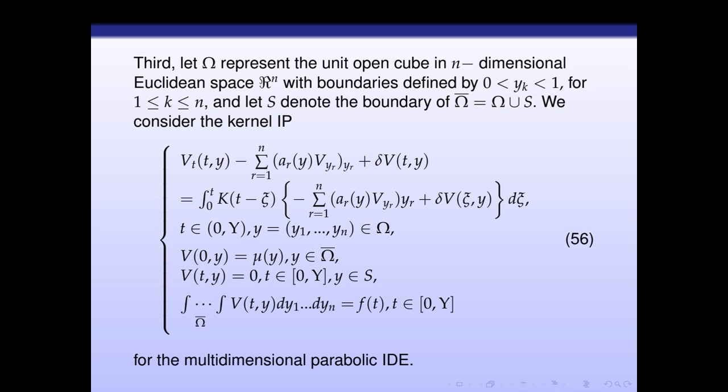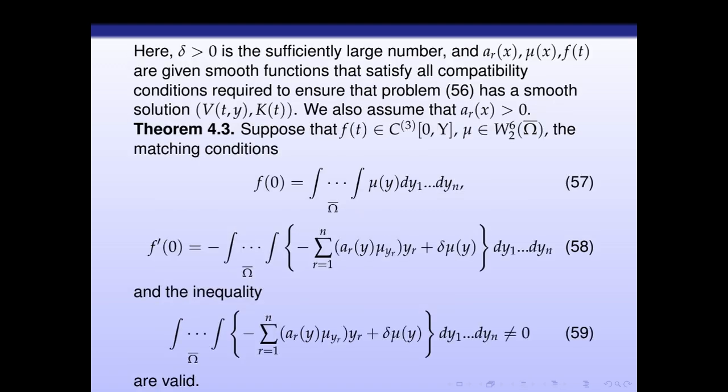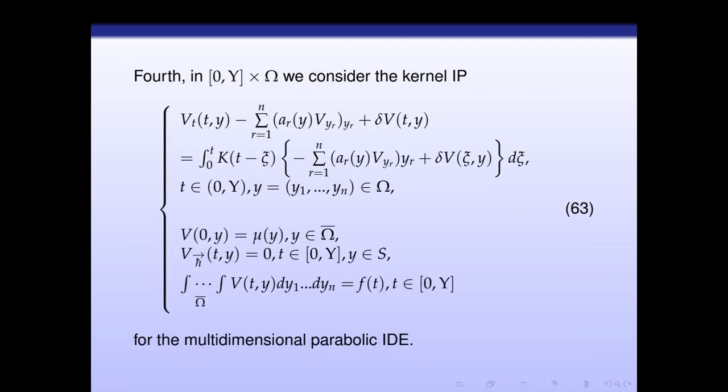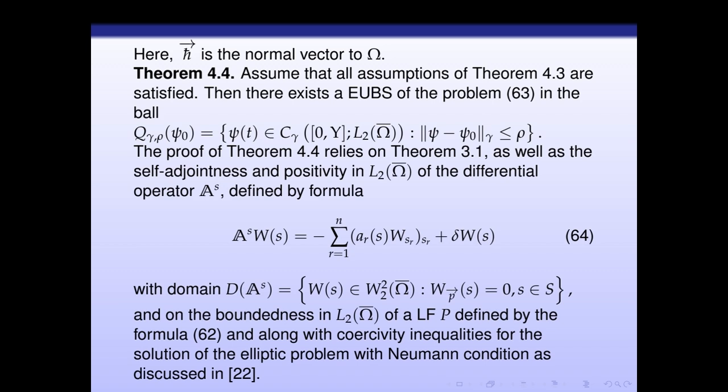First is the multidimensional parabolic integral differential equation. So a similar theorem we have also for this problem. Here only one more thing about the multidimensional case. We need a sharp estimate for the solution of the elliptic problem. And the last problem is also multidimensional, first with Dirichlet condition, here with Neumann conditions for the kernel identification problem, multidimensional parabolic integral differential equation. And the proof is similar to before for the Dirichlet case, and next the last chapter is about